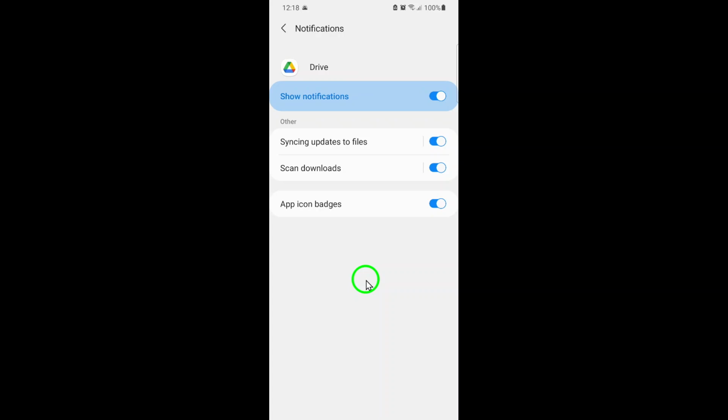When this is switched on, Google Drive will send you instant notifications whenever someone interacts with your files through comments. And that's it. You've successfully enabled comment notifications on Google Drive. From now on, you'll always be updated the moment someone adds input or reviews your work, helping you stay connected